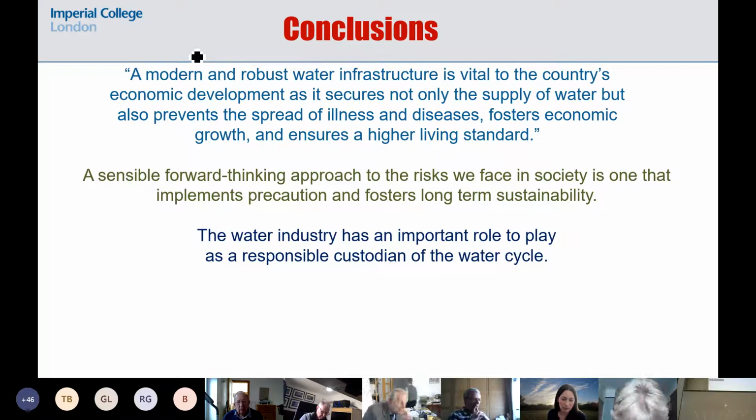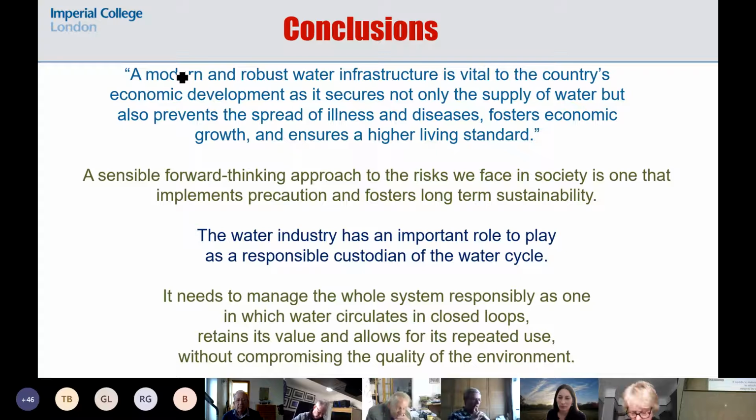They have a role to play as important custodians of the water cycle when they do it correctly. And at the end of the day, they need to be able to manage the whole water cycle so that we avoid these issues in terms of sustainability and also not compromising the environment while keeping the water in the loop. The idea, for example, I really like the comment earlier that the drain has value, you know,